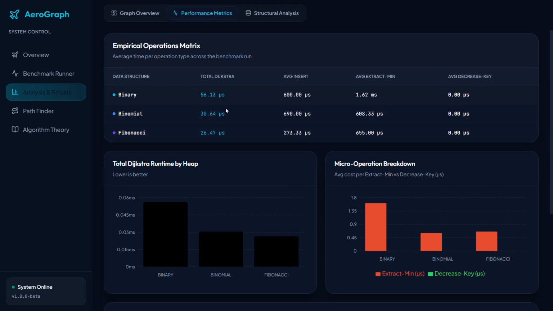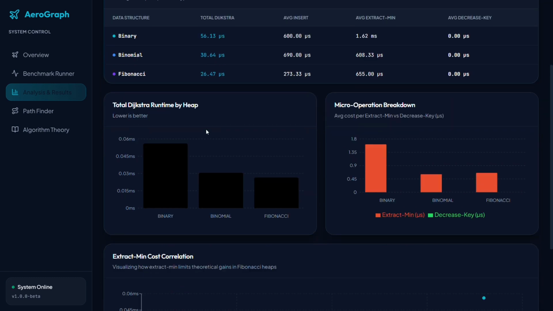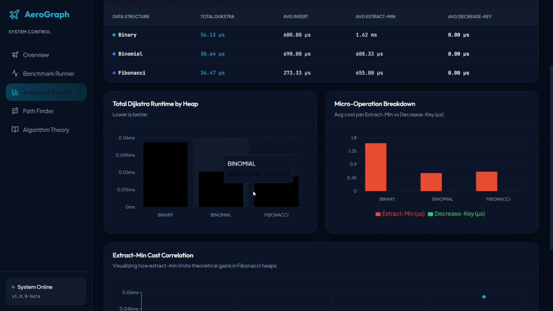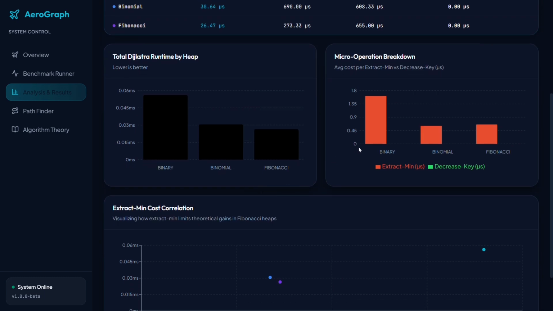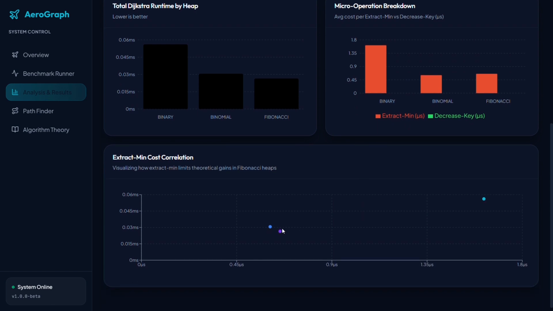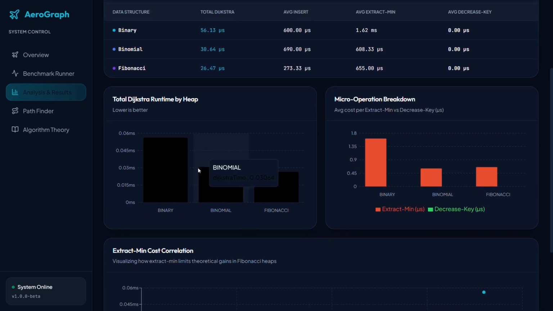Interestingly, when tested in a real world environment using JavaScript and Node.js, the results showed that the binary heap outperformed the Fibonacci heap. This unexpected result highlights the difference between theoretical and practical performance. The Fibonacci heap relies heavily on complex pointer-based structures and frequent memory allocations, which introduce overhead due to garbage collection in high-level languages like JavaScript.